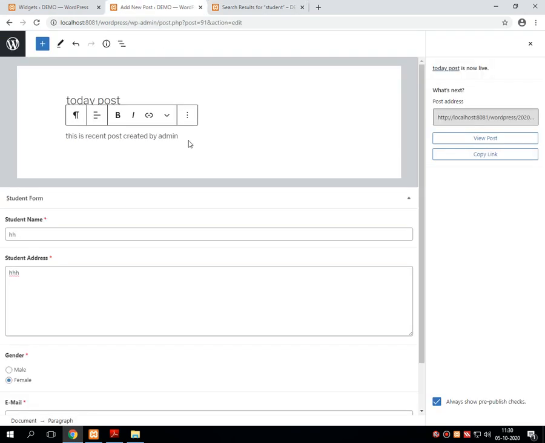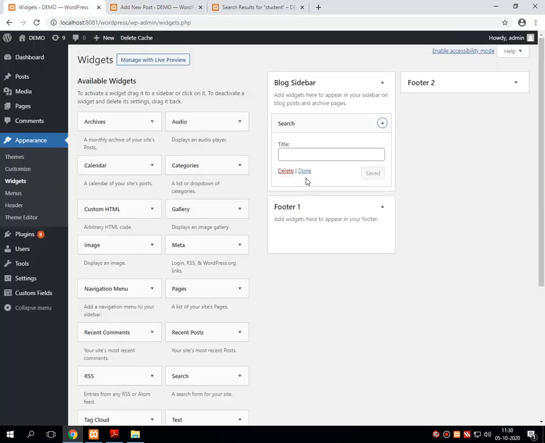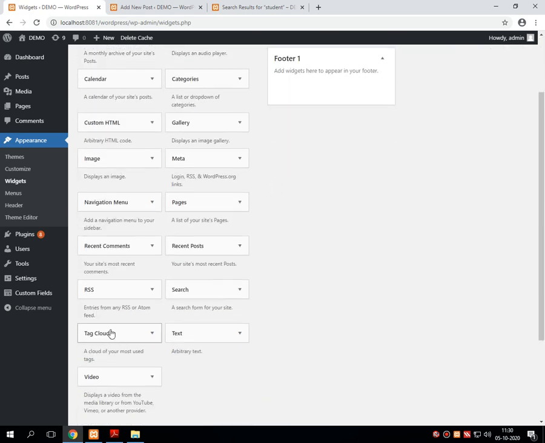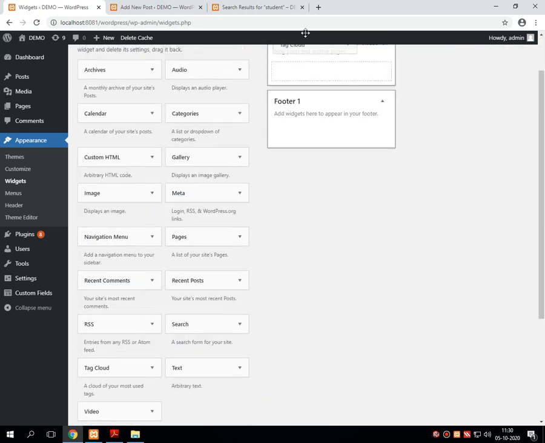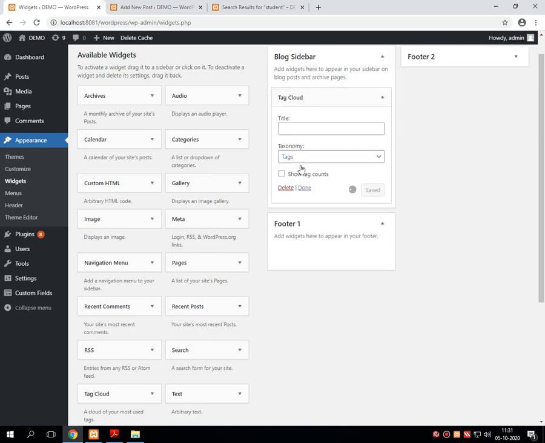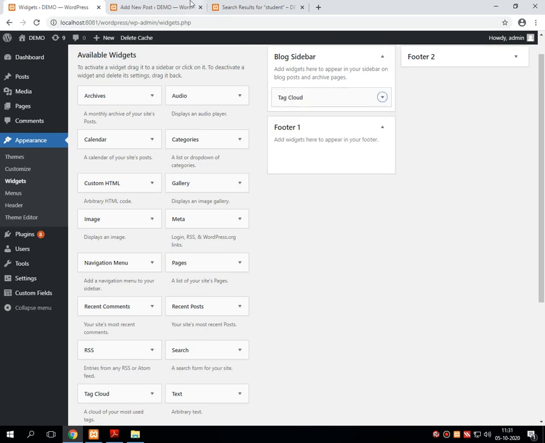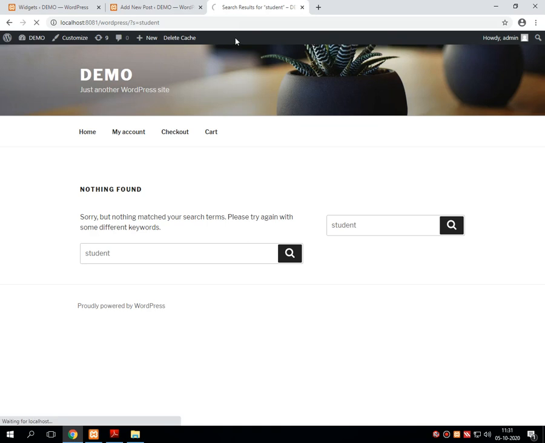Next one is tag cloud. So let me remove this search and put this tag cloud over here. Just press done. Press refresh.